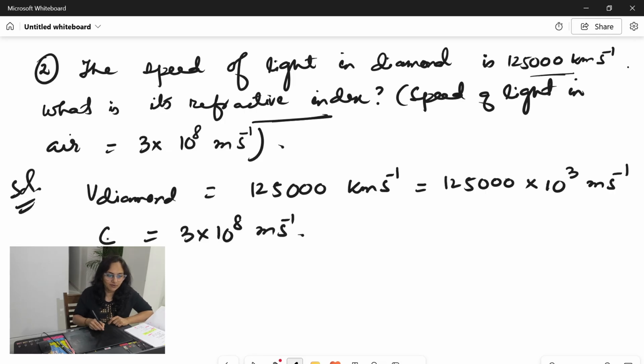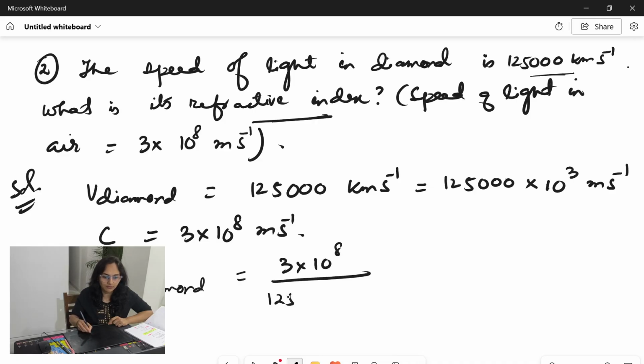So we have to calculate refractive index. So A mu diamond, refractive index of diamond, will be 3 into 10 to the power 8 upon 125,000 into 10 to the power 3,